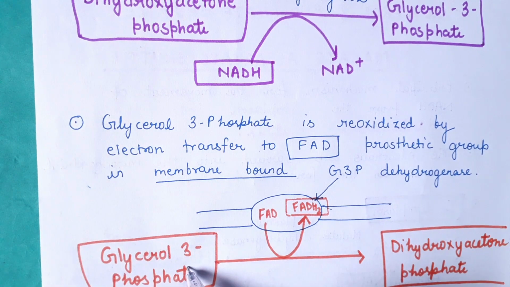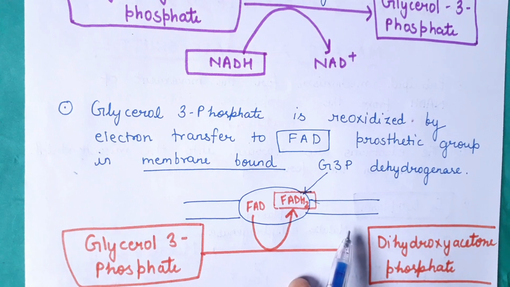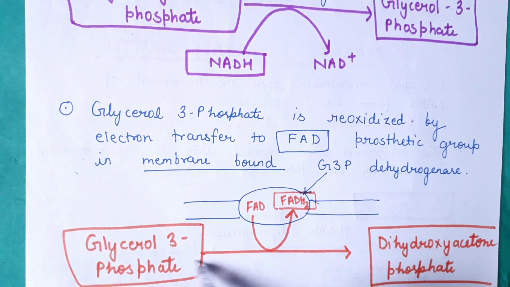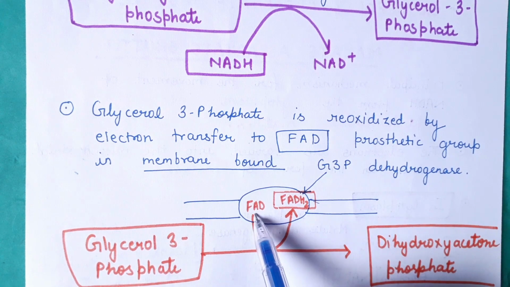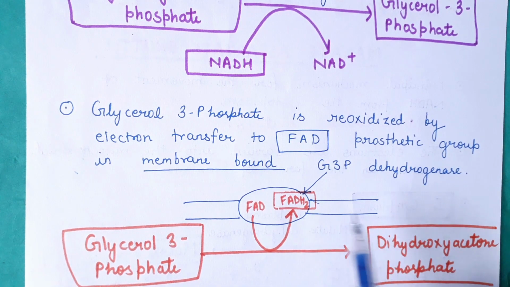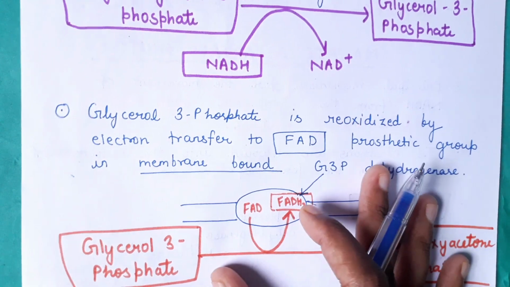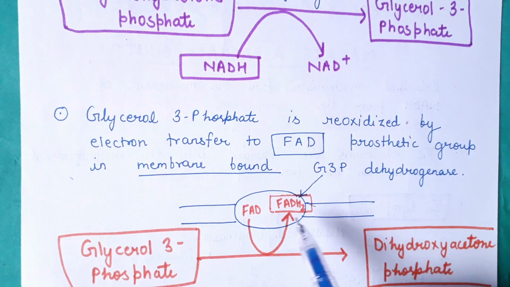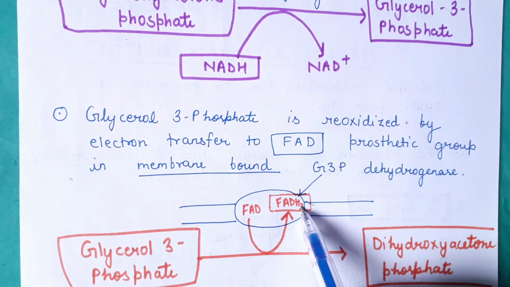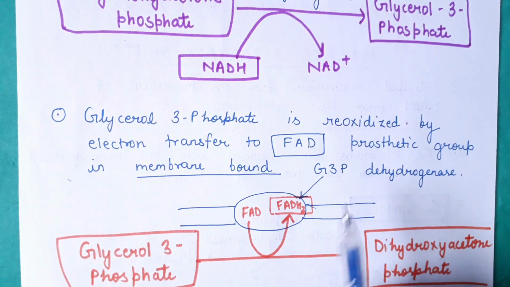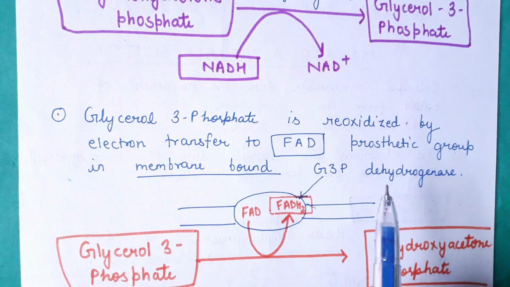The glycerol 3-phosphate on reaching the mitochondria will be converted into dihydroxyacetone phosphate again, and in this process the two electrons that were carried by glycerol 3-phosphate are taken up by FAD, and there is formation of FADH2. So there is conversion of NADH into FADH2 on reaching the mitochondria, and now this FADH2 will take part in the electron transport chain, and that will affect the ATP gain, because from one molecule of NADH you will be